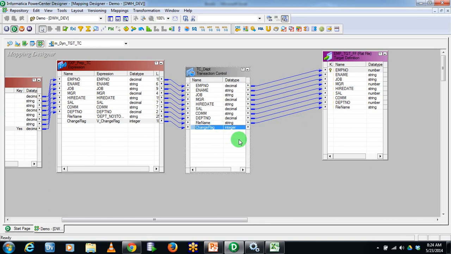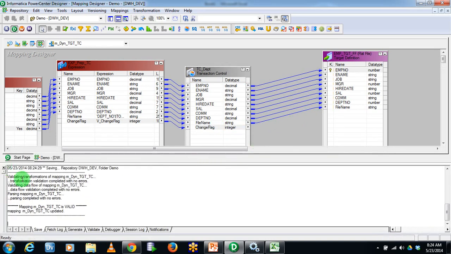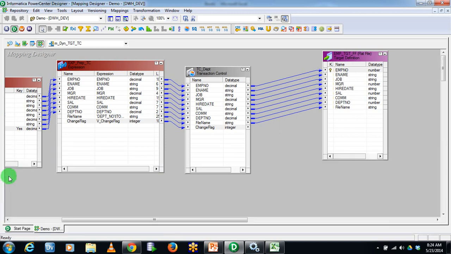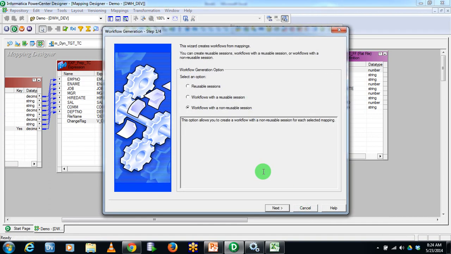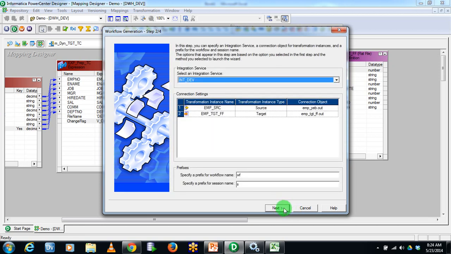Okay, except for the change flag, which I don't need because the purpose of change flag is still the transaction control. It is valid now. I don't have the workflow manager open, so I can generate it here. Now you can use the generate workflow option even if your workflow manager is open, but for you to see the latest workflow which you have created, you need